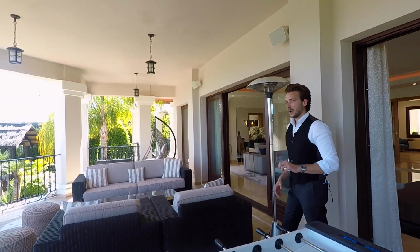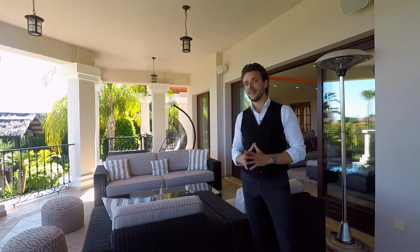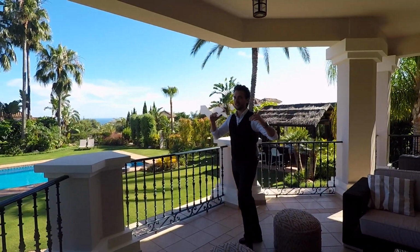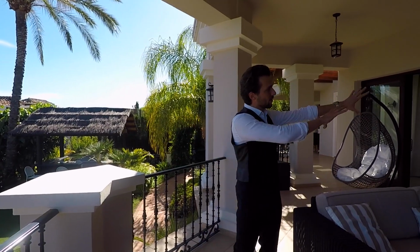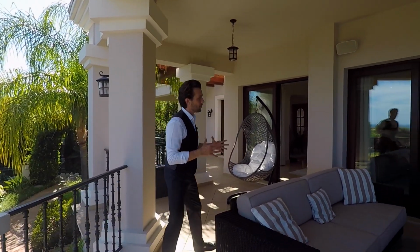followed by another covered area for a beautiful time to relax. Now let me tell you something very important. With 320 days of sunshine on average, you will be so much exposed to the sun that you will appreciate being covered if you have the choice between being outside exposed and being covered. And this area ideally creates this. Furthermore, it also fuses with the living room, so you have this great feeling of indoor and outdoor atmosphere